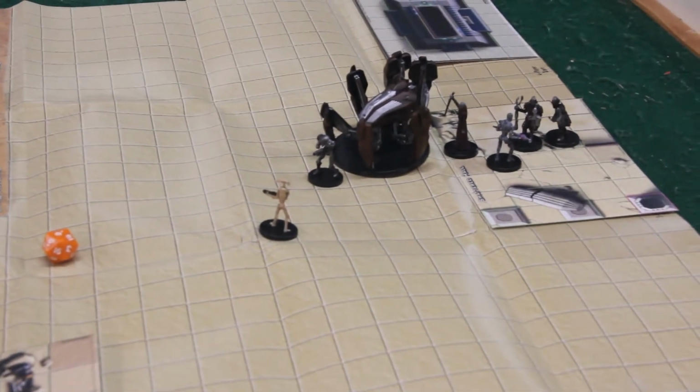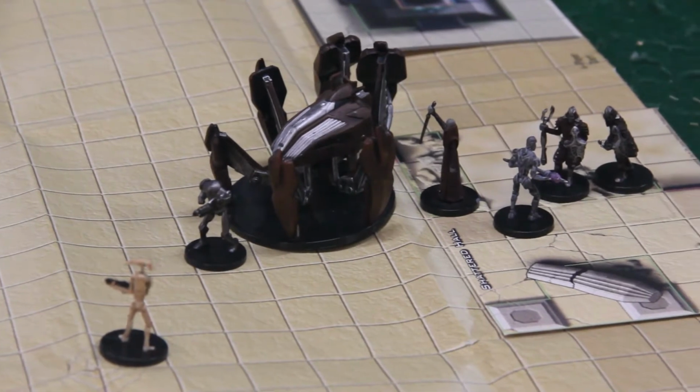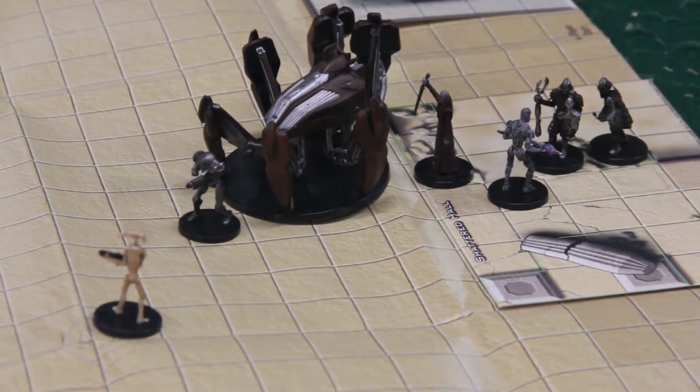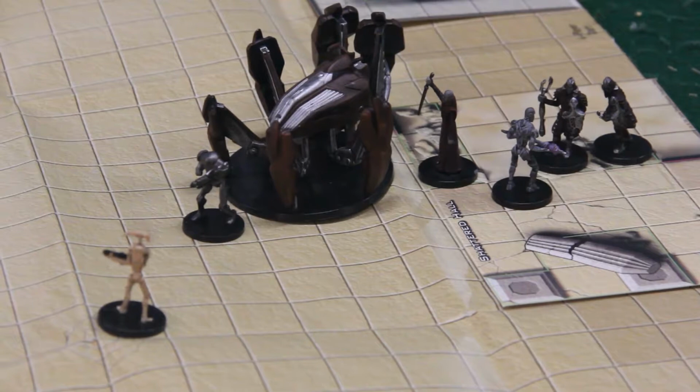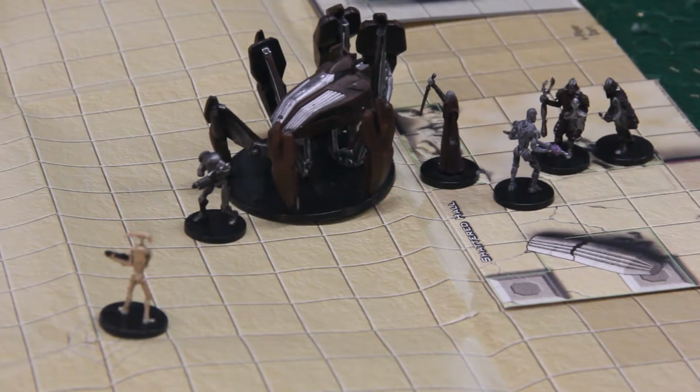This round was closer. Wrangler was finally killed off, but only after a few attacks. And not much changed on the board state. Magna took some damage. Commander took some damage. Another Utapauan fell, I think. No, that was from earlier. And Utapauans fared pretty well. The Separatists failed in their first 2 attacks from their initiative. So that was awesome. And next round, we're going to see